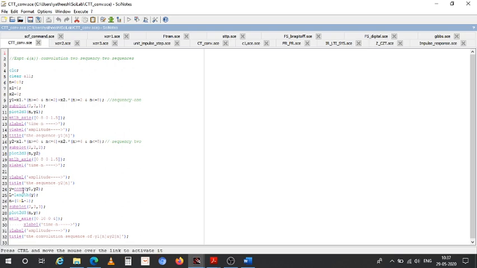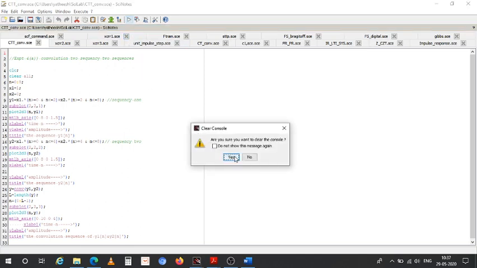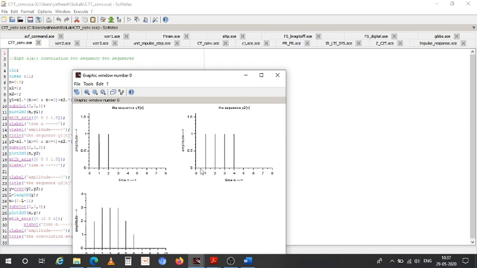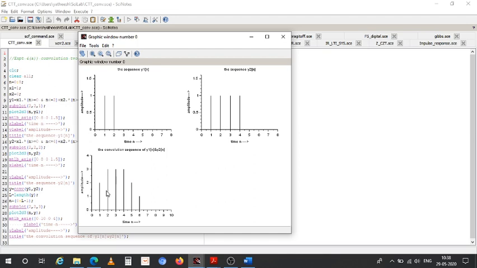So we are convolving y1 and y2. Let us simulate and see. So here it is defined for 0 to 2 and 0 to 4. This is your convolved output. So you have 4 plus 2, that is 6 samples here.